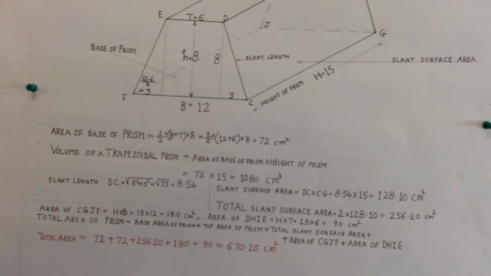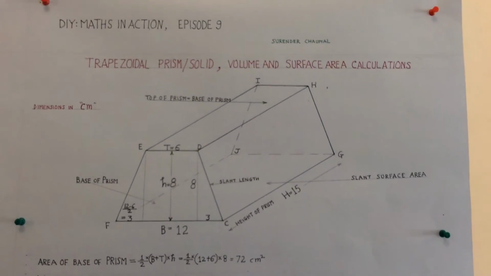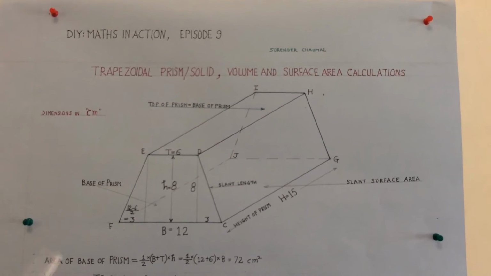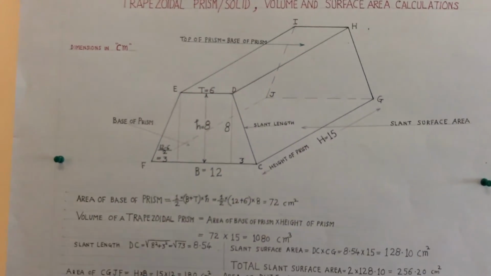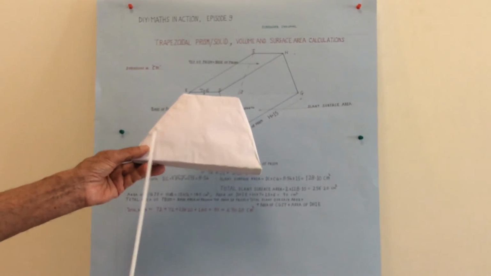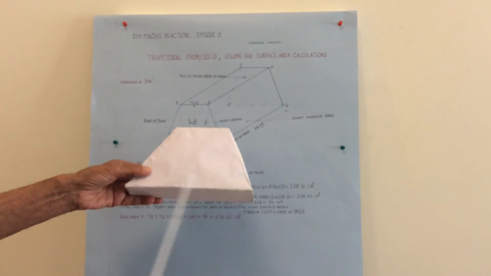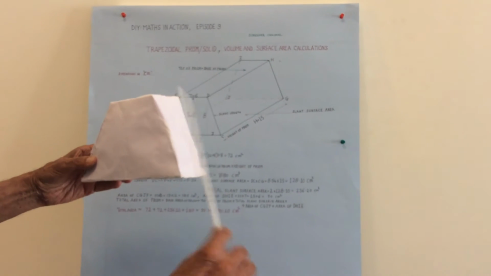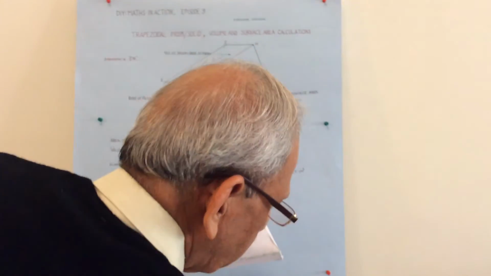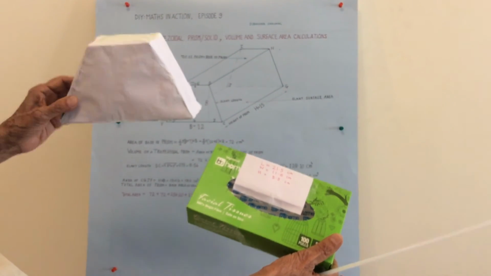So this is how the surface area has been calculated, and I hope all of you will understand which is the base area. Actually I have prepared a small solid which looks like a trapezoidal prism. So this is the trapezium, and when it is converted into a solid figure, it becomes a trapezoidal solid. I cut it from this box and then prepared this trapezoidal item.